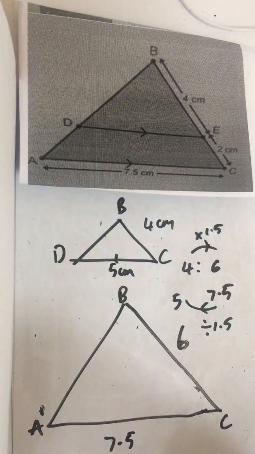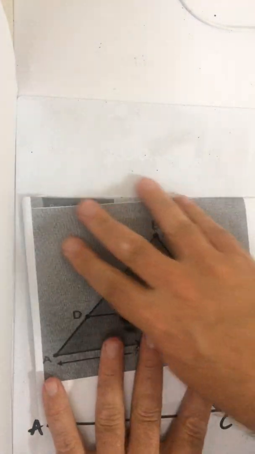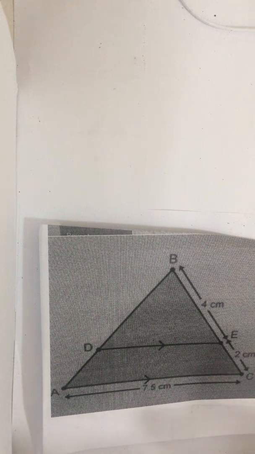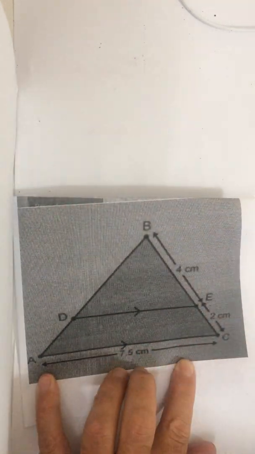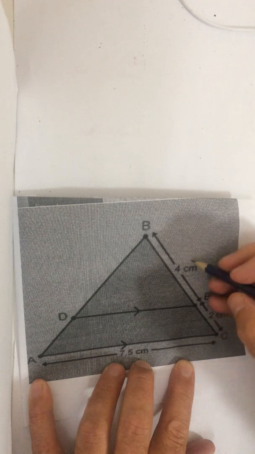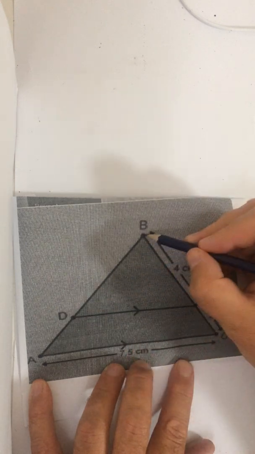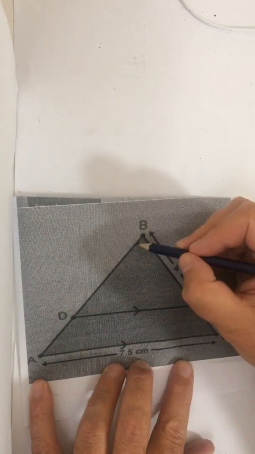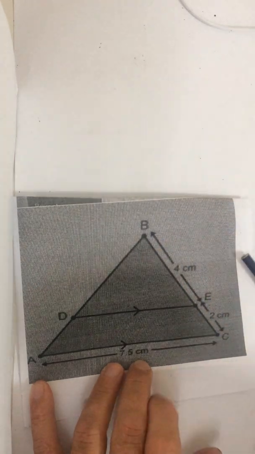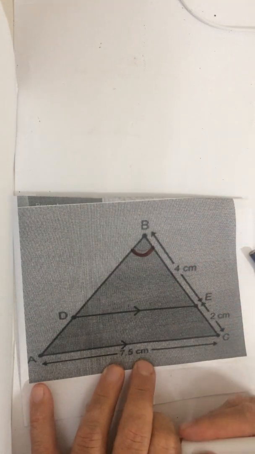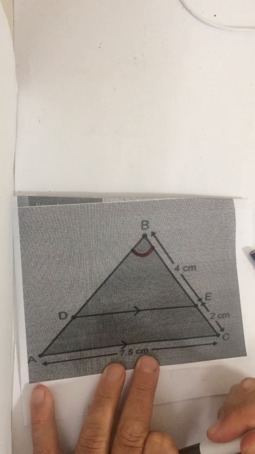Now let's have a little look before we move on, to see how do we know that the small triangle and the large triangle are similar. Okay, here we can tell that, again, at the top of the triangle this angle is the same, isn't it? So we look at the small triangle and the big triangle, we know that this angle here is the same. But then what we've also noticed is that because these are parallel lines,